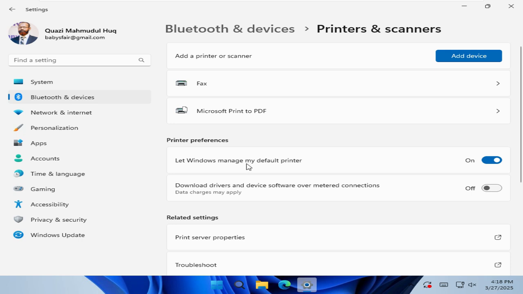Let Windows manage my default printer option is enabled. Now you need to turn this option off before changing the default printer. And look, now you will find a printer is default here, but I want to change my default printer to